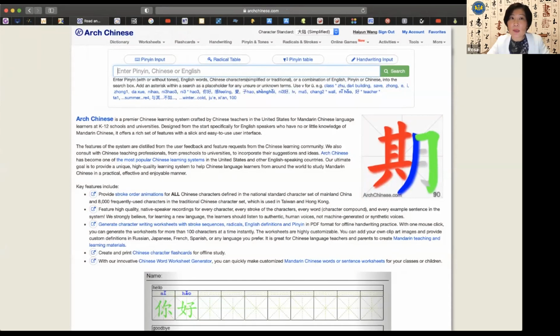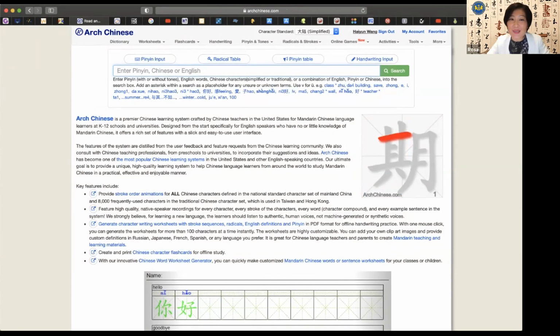This one is me and my school's big favorite, Art Chinese. I think it has been out there for nearly 15 years. We discovered it by chance, by searching for engaging worksheet creation, and then we discovered this website. And since the school opened, we have been using it a lot. And what's amazing is, you see,